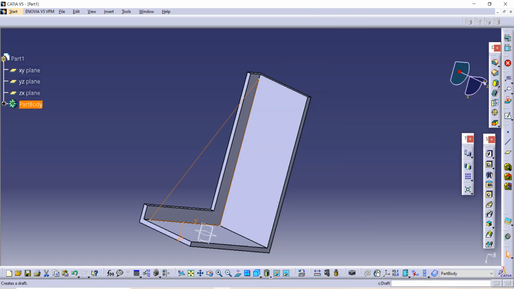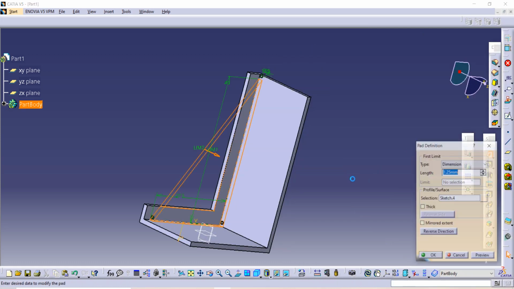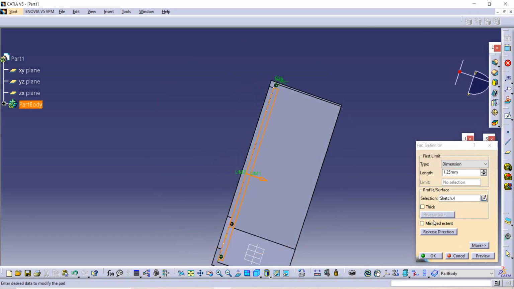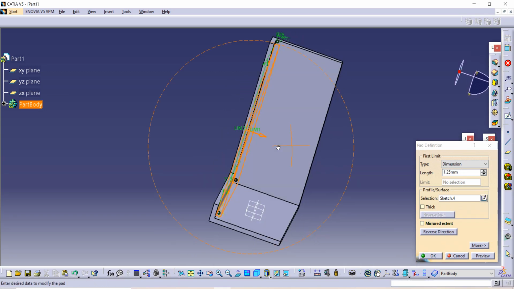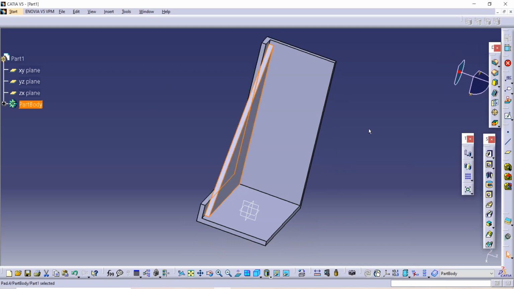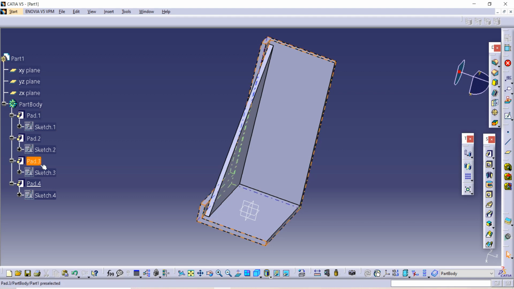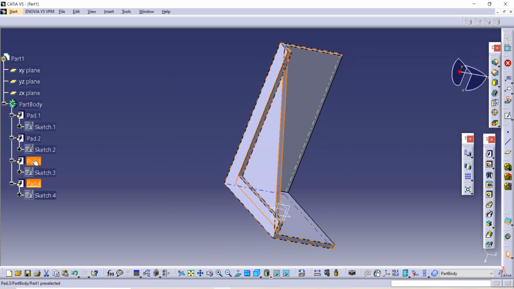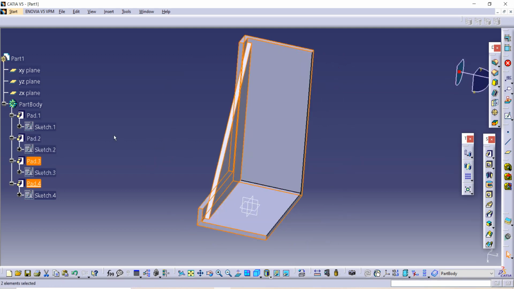Again similarly use this Pad command, and the given pad is of thickness 5 and the arrow is already inward, so we don't have to change its side. And after that go on Exit Workbench. Now from here we have to select this pad, and use the Control button to select another pad.